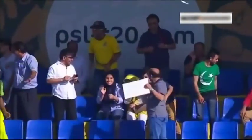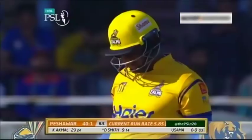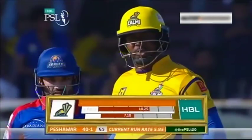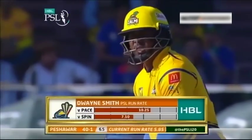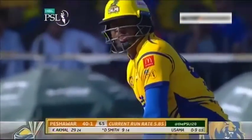Thing is with Smith, anything short and he punishes you so hard. He faces the new ball with pace on the ball, but he climbs in against spin. But it's against pace that he really prevails. Look at that average there. Runs per over 10. Over 10 against spin. Not quite as...